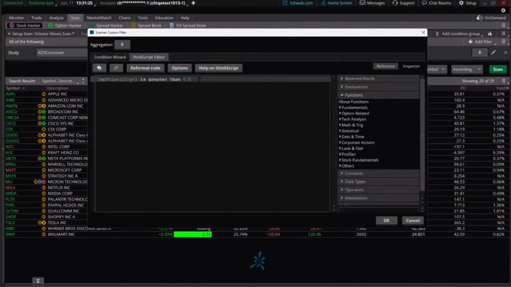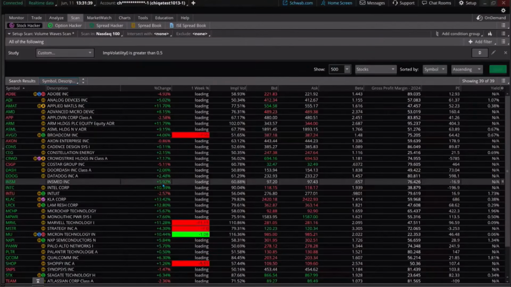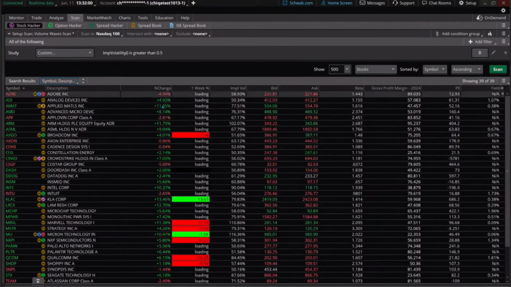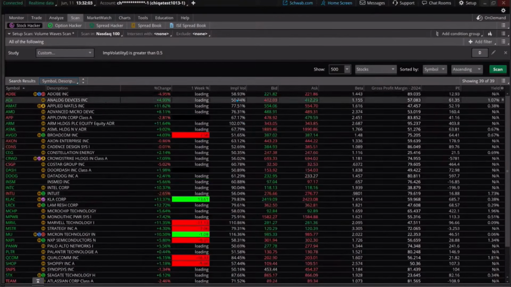And it lets you know that is the code you can put in. IMP volatility, open close parentheses, is greater than 0.5. Click OK, scan it. You have 39 companies that meet that criteria, that are greater than. I actually put up the implied volatility column. You could just use the implied volatility column if you had a small basket like we've got right here. But this can be versatile across larger ranges of stocks. Let's say in the NASDAQ 100, there are maybe some of the mid cap to smaller companies too, right? But every one of these is going to be above 50 now.